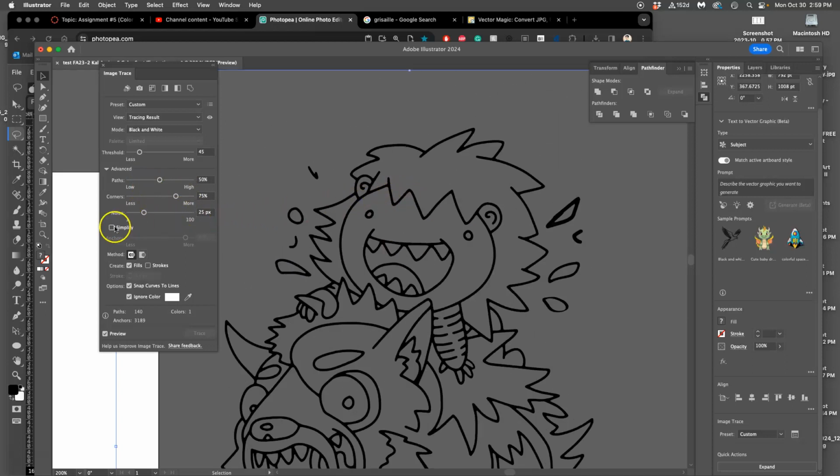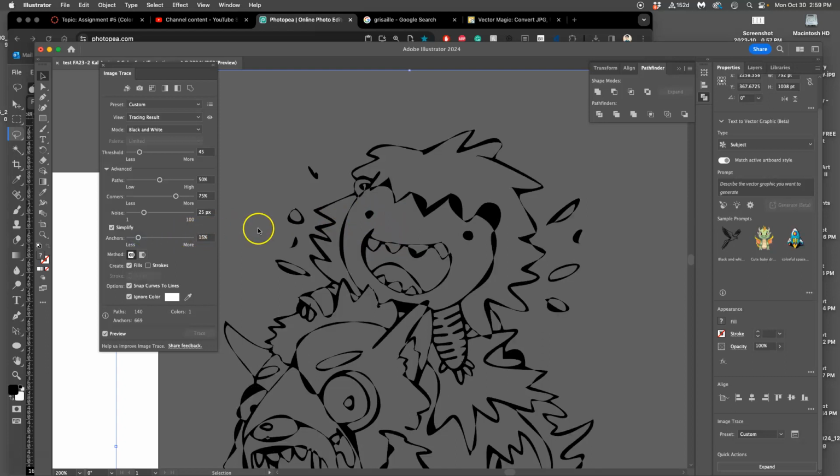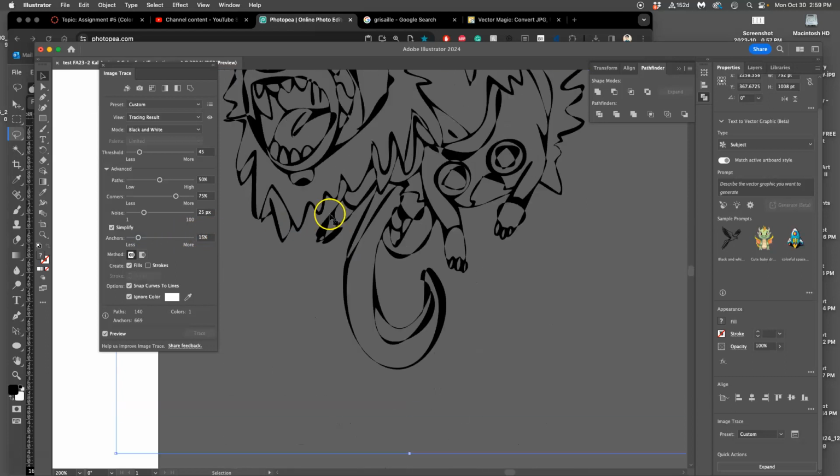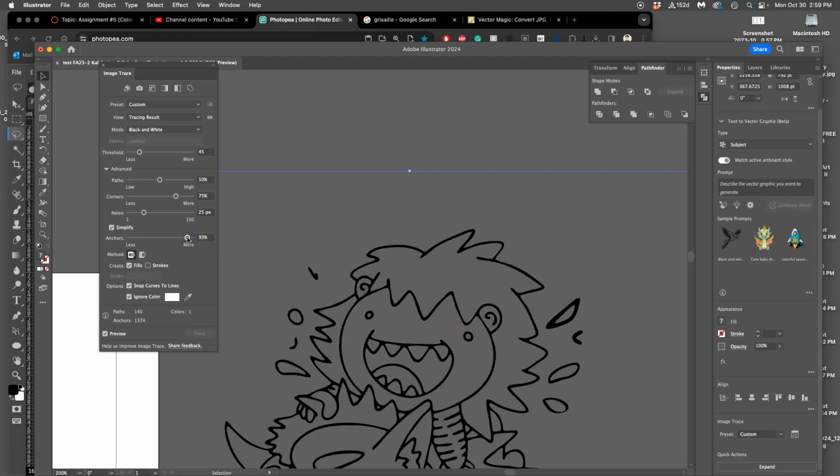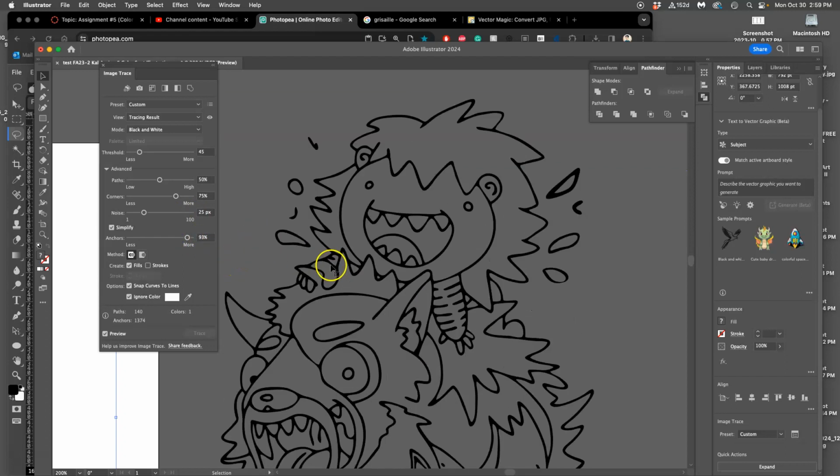I can also play with all of these, and they can kind of mess with it in interesting ways. I can click on Simplify. This is the most basic, and I can just say this is with 90% anchors. I can just say I only want 15% anchors. And it's going to really simplify how many anchor points, but I'm going to lose a lot of quality, right? So you can control all these things. And then, once you're happy with it,